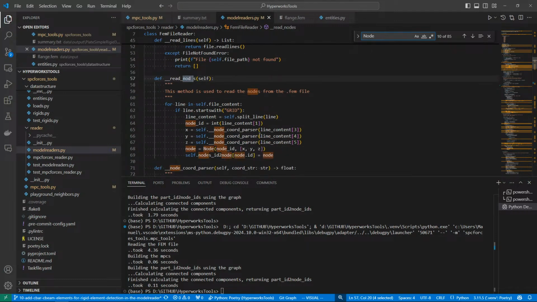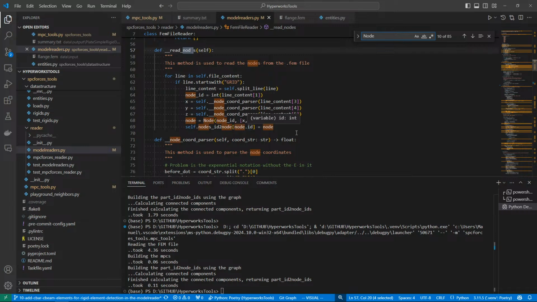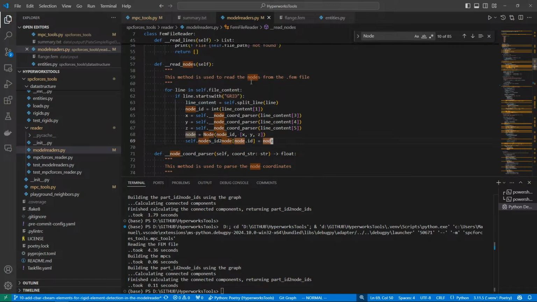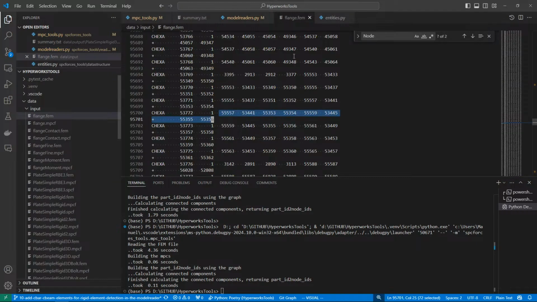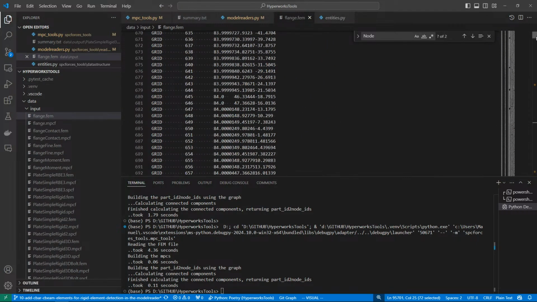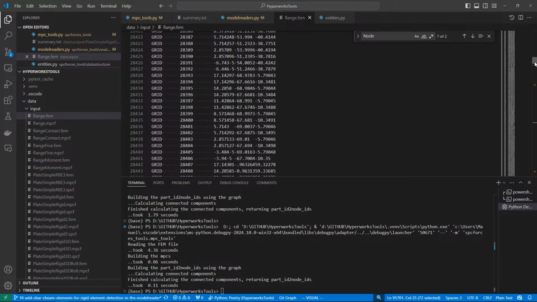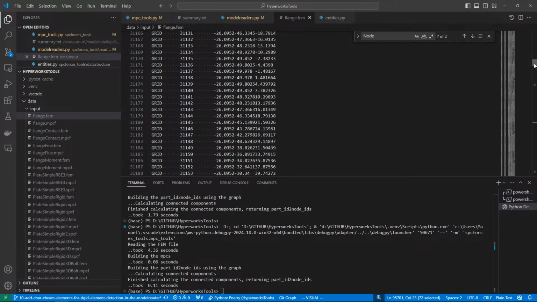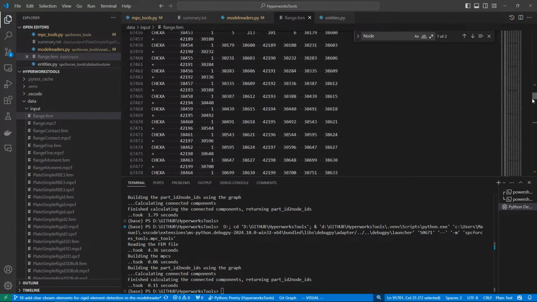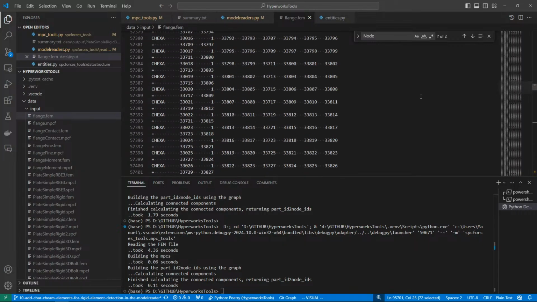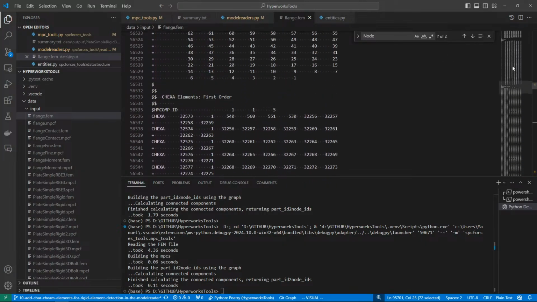Read nodes, yeah. I see that we have a... Yeah, I'm just thinking about how to maybe do a little bit of an optimization here too. See, when you're doing grids, as soon as you enter the grid block, as soon as that block is finished, there's no more grids to appear. Right? So